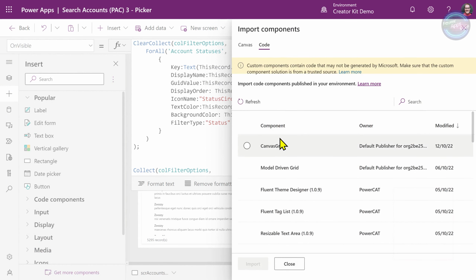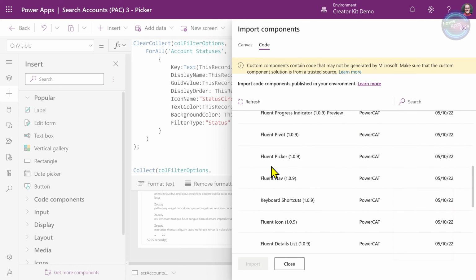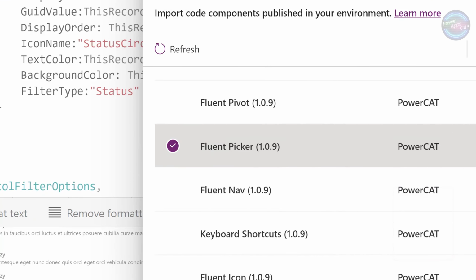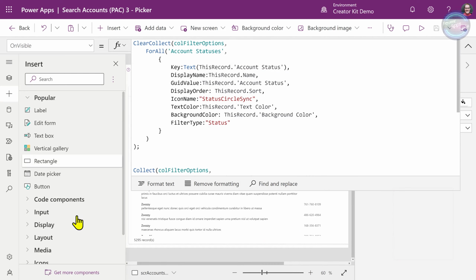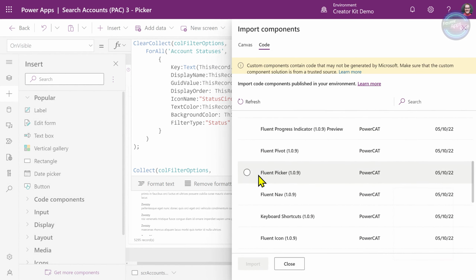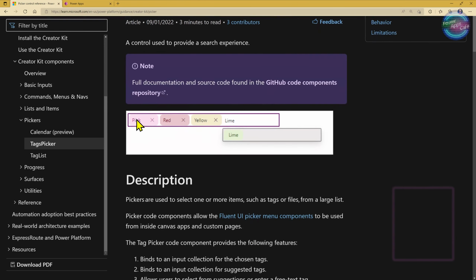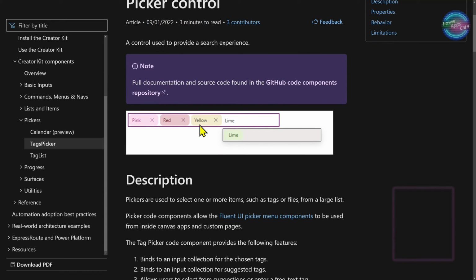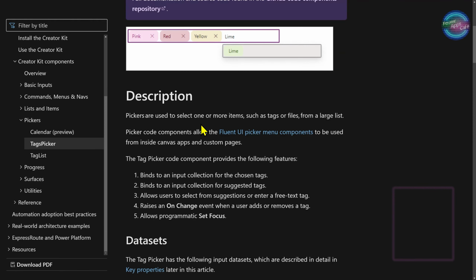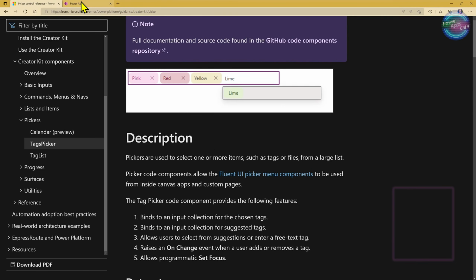If I come over to import components and come down to Fluent picker here, this is the control that allows us to have something very similar to a combo box where you can select items, but there's more facility for colorizing items, adding icons, and more flexibility in terms of how you control the items that are added, removed, suggested, in terms of the drop down suggestions that it provides.